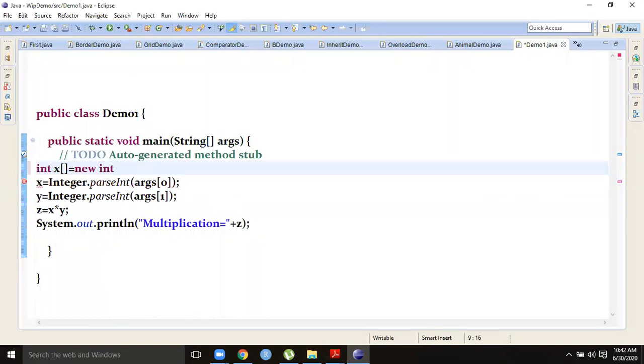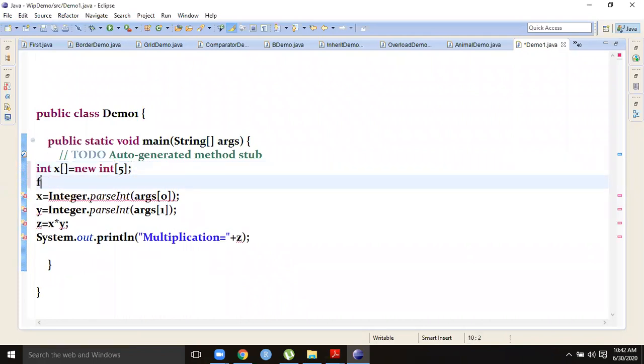new int of, let us say, 5, for example. for int i equal to 0, i less than, either you can directly give 5 or you can give the name of the array length. Like this you can give.